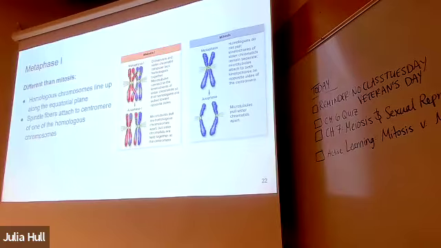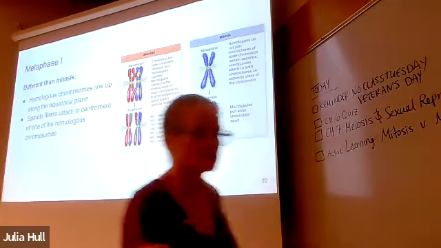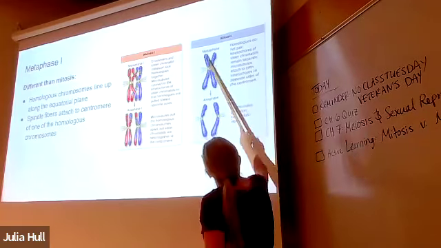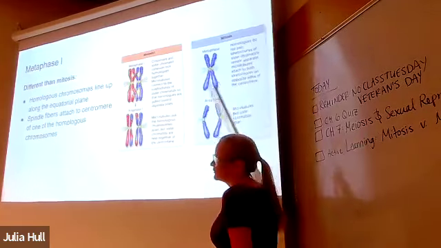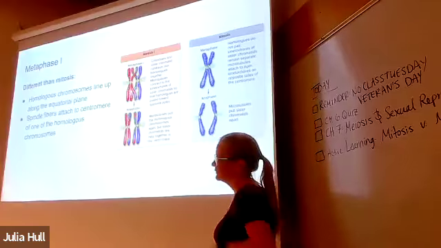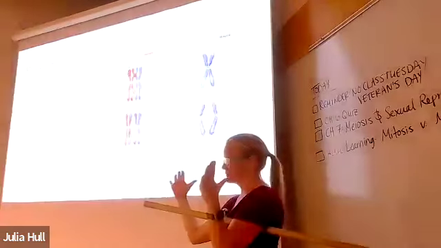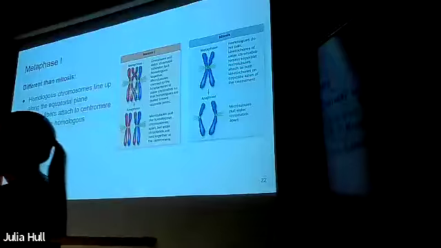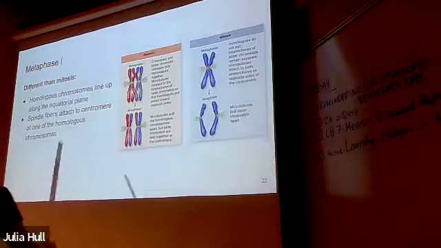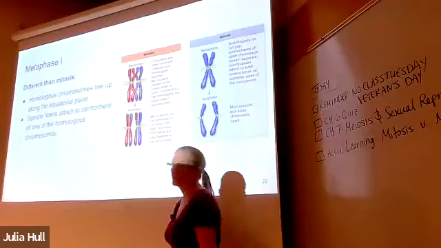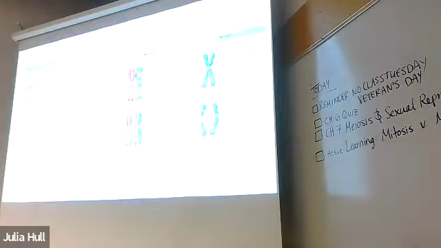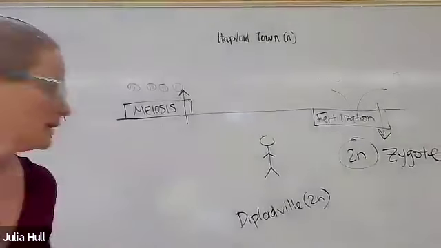Okay. What we saw in mitosis over here, we saw the sister chromatids line up along that equatorial plane, and the sister chromatids are what was pulled apart during anaphase. But now, in meiosis 1, we are having the homologous chromosomes line up. Okay, so let me draw a picture of that to make it really obvious.